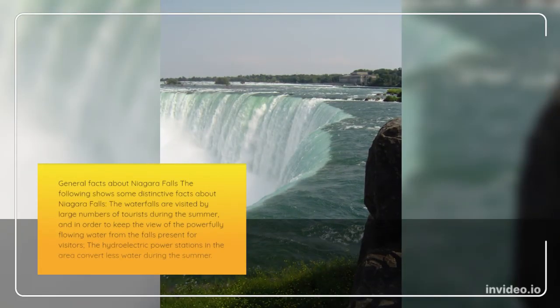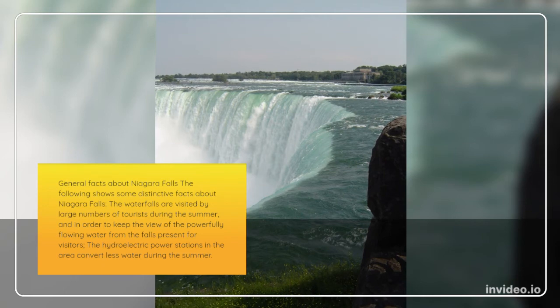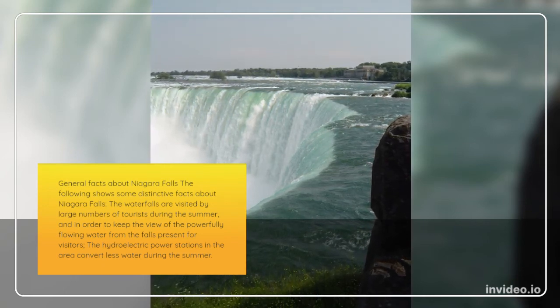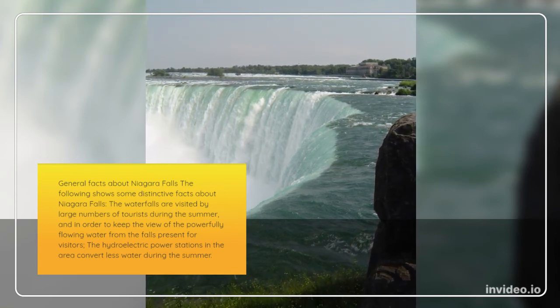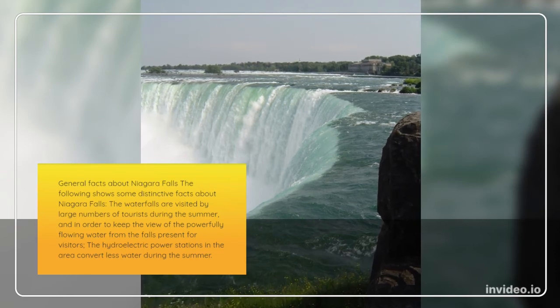General facts about Niagara Falls. The following shows some distinctive facts about Niagara Falls. The waterfalls are visited by large numbers of tourists during the summer, and in order to keep the view of the powerfully flowing water from the falls present for visitors, the hydroelectric power stations in the area convert less water